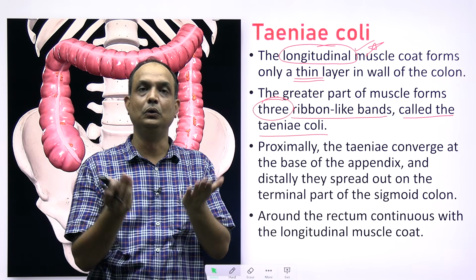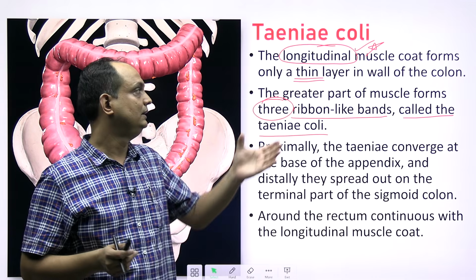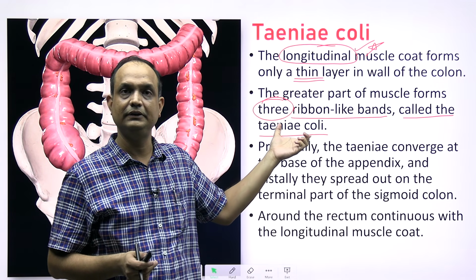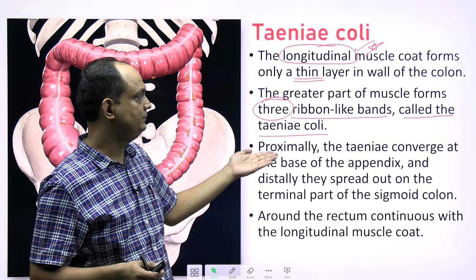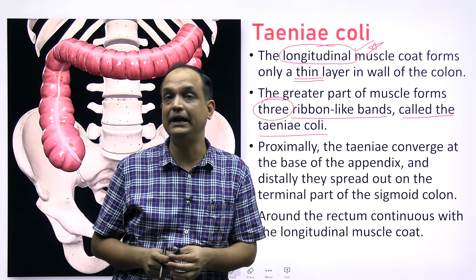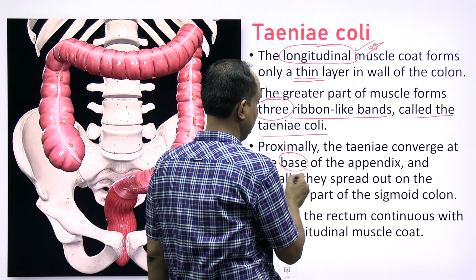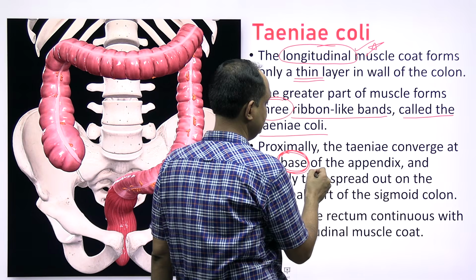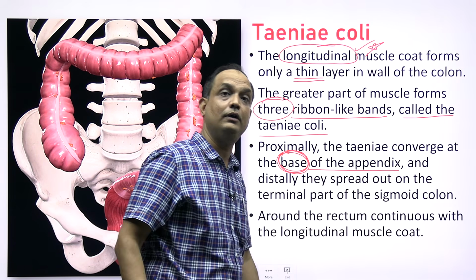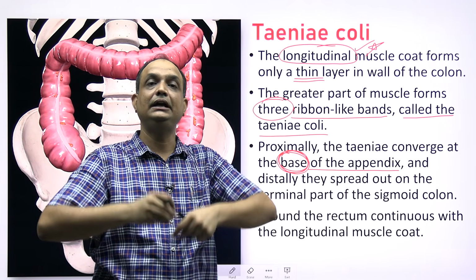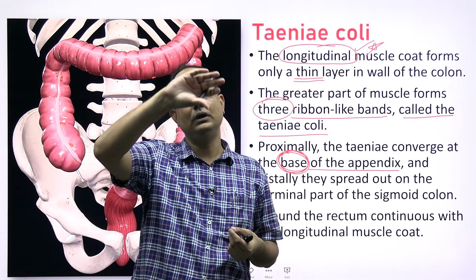But around the colon you will find that the muscle layer is thin except these three places where you have the bands. So proximally, from which point does the band start? Answer is the base of appendix. You cannot write only the appendix, it is the base of appendix. So from the base of appendix, all the three Teniae will start,